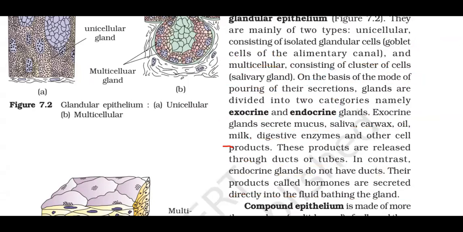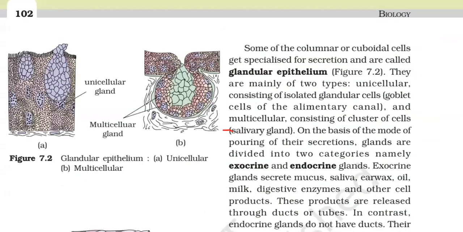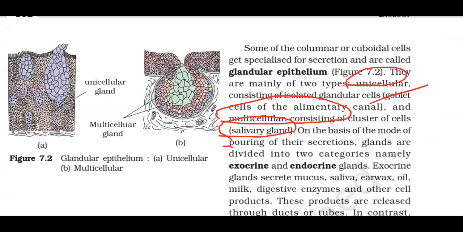அந்த ஸ்பெஷலைஸ்ட் செல்ஸ்ல முதல்ல நம்ம அதுல செல்லுலார் டைப் பார்க்கும்போது யூனிசெல்லுலார் ஒரு டைப் பார்க்குறோம், மல்டி செல்லுலார் ஒரு டைப் பார்க்குறோம். ஓகே, யூனிசெல்லுலாருக்கு பெஸ்ட் எக்ஸாம்பிள் கோப்லெட் செல்ஸ், மல்டி செல்லுலாருக்கு பெஸ்ட் எக்ஸாம்பிள் சலைவரி கிளாண்ட். ஓகே, இதெல்லாம் நம்ம செக்ரேட்டரி பாயிண்ட் ஆஃப் வியூ பார்க்கும்போது